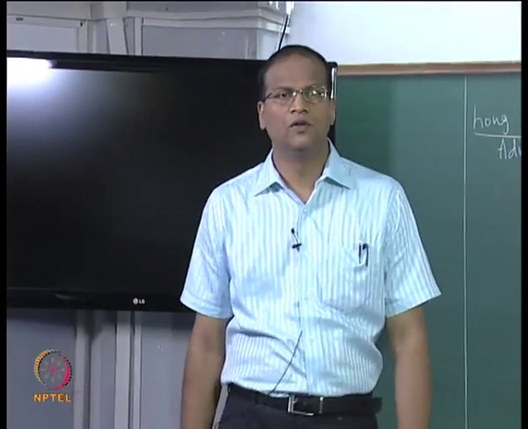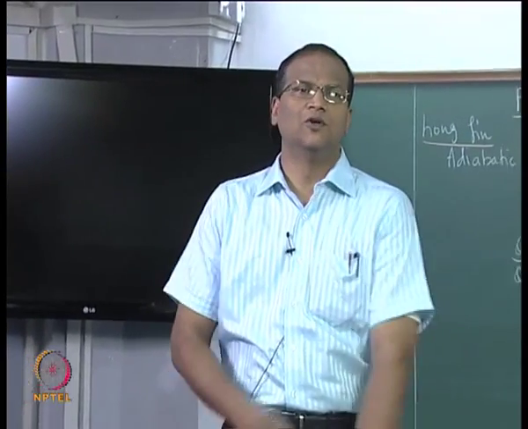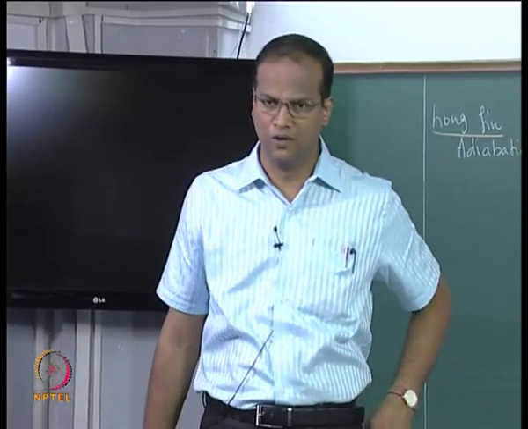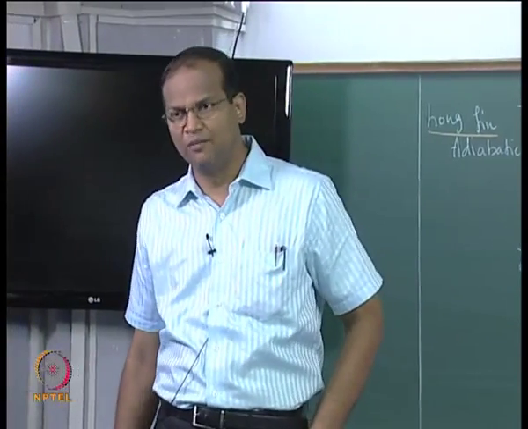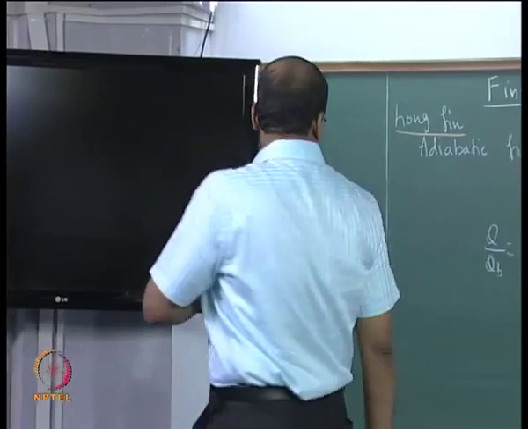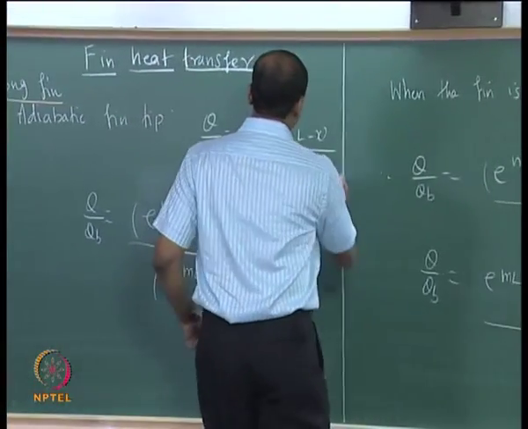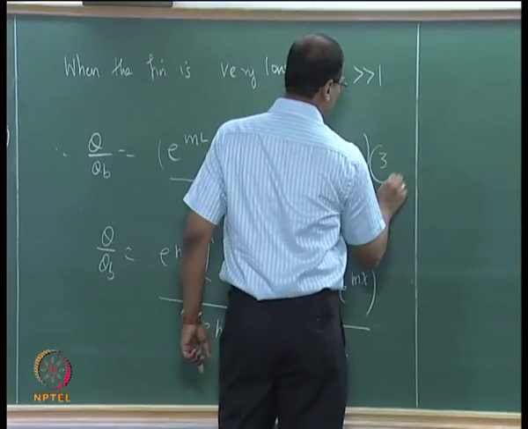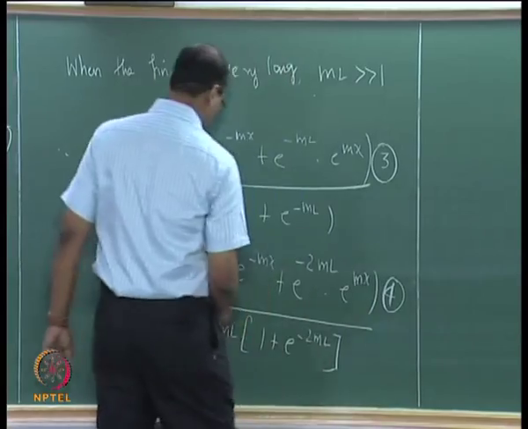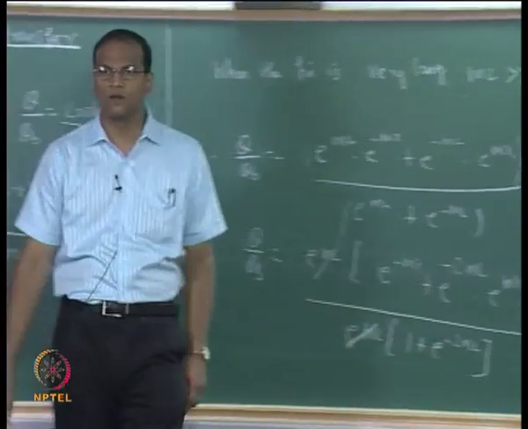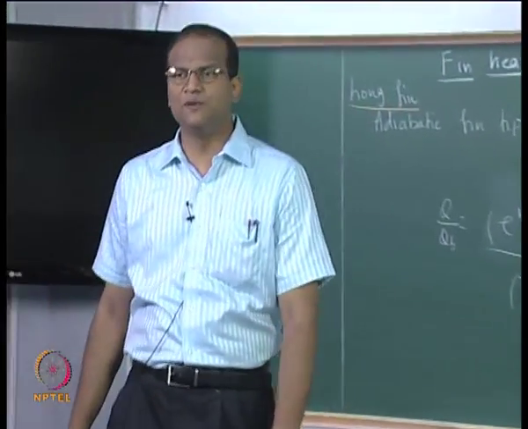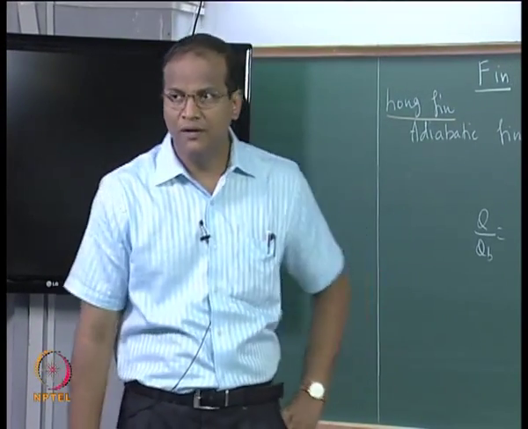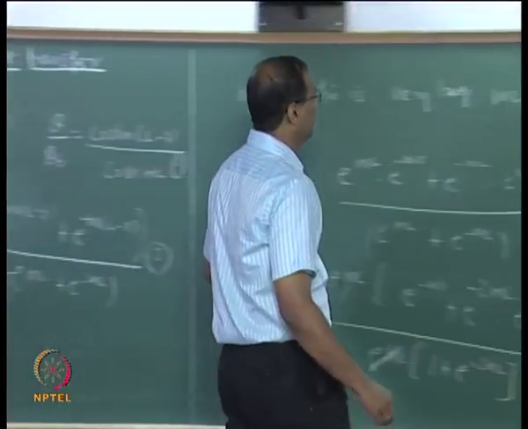So what we are doing is to derive the expression for the temperature distribution as well as for the fin efficiency for the long fin, we just first consider it to be an adiabatic fin tip and start working on it. Now it is okay for me, so I will say this is 1, 2, what happens when ml is much greater than 1, what happens to e to the power of minus 2 ml, huh? Okay, when ml